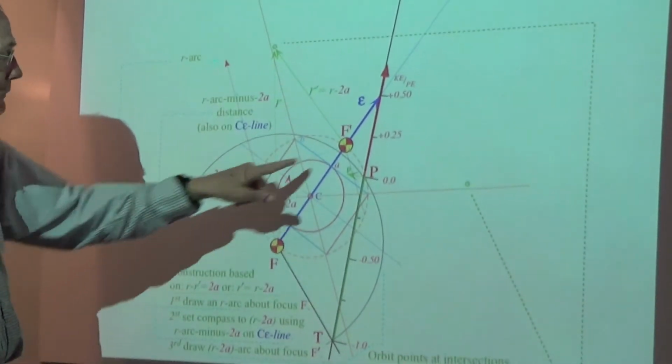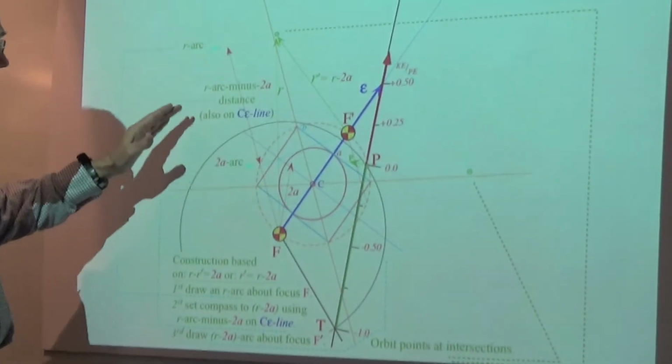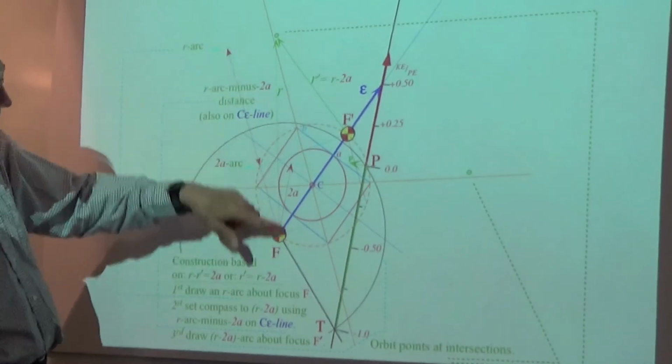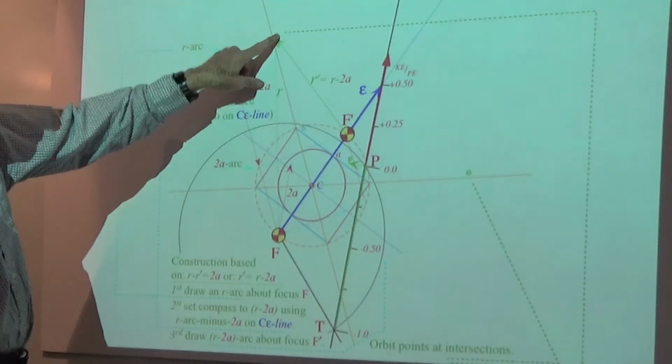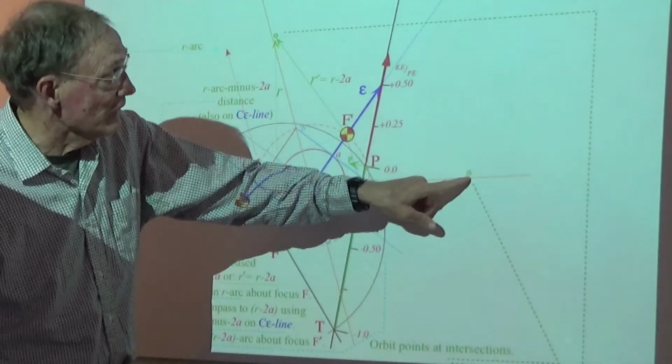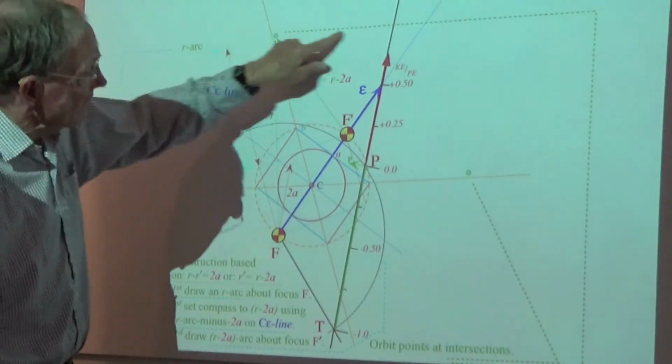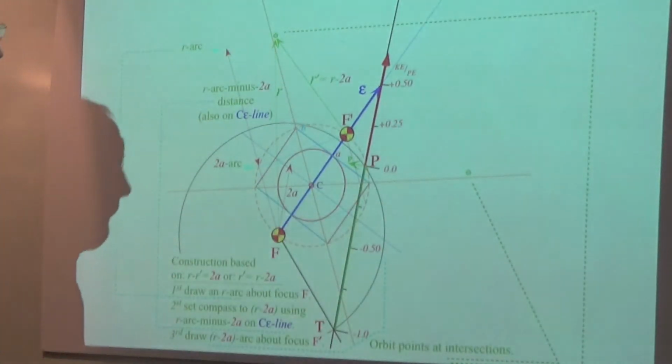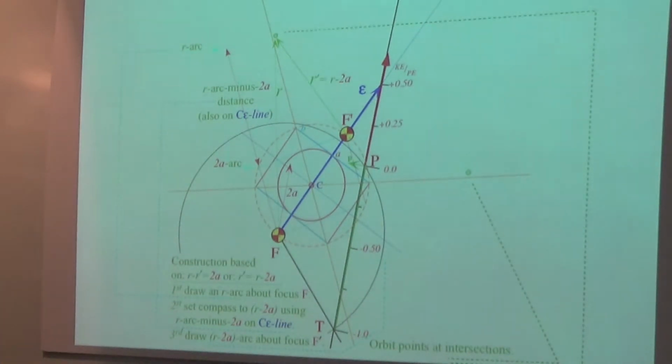There's the arc around this focus connected to the arc around that focus. So there's a point on the hyperbola. It's pretty close to the asymptote, isn't it? And of course there's another one down here. You complete the arcs and you get 2 points for the price of 1. Okay? Then